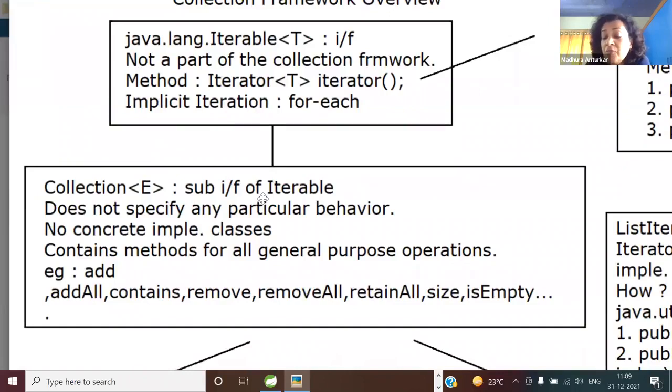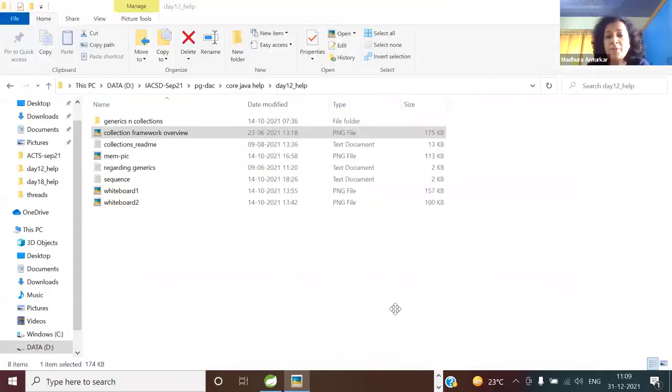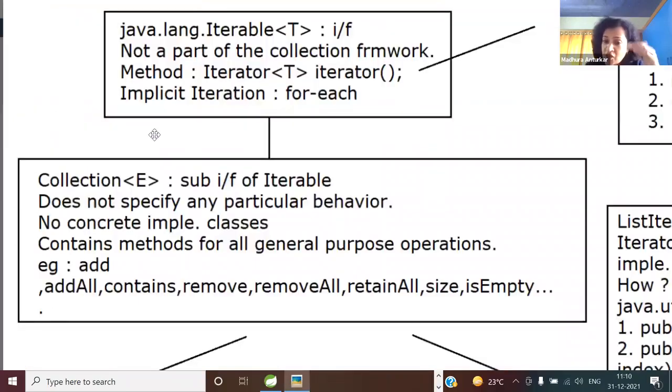Anyone wants to tell me which is the keyword which it will use to associate a sub-interface with a super interface? You have two options, extends or implements. Absolutely right. I'm so happy to see correct answers. It is extends. The relationship between an interface and an implementation class is via which keyword? Is it extends or implements then? That is class and interface is implements. Class to class extends. Subclass extends from a superclass. Sub-interface extends from the super interface.